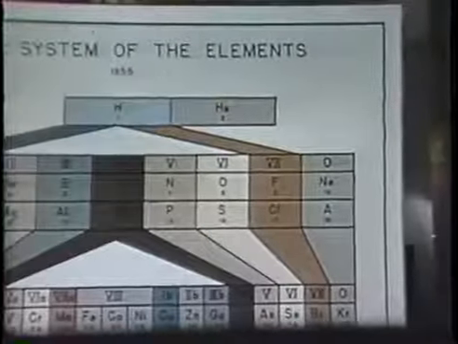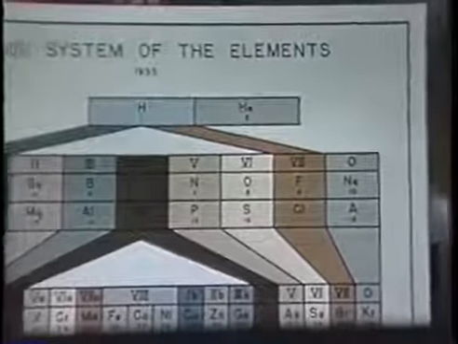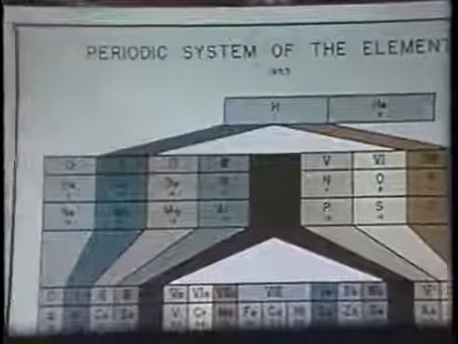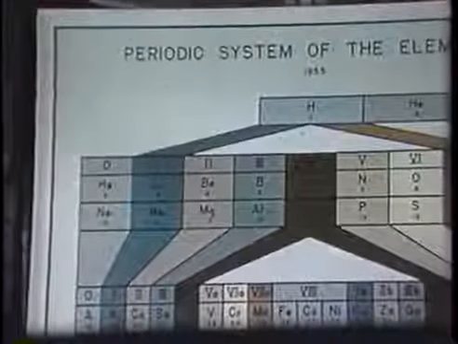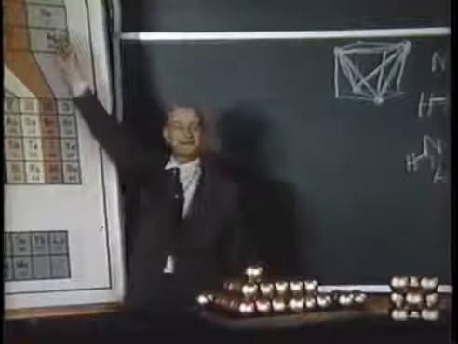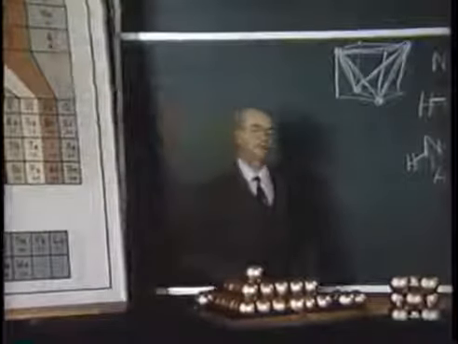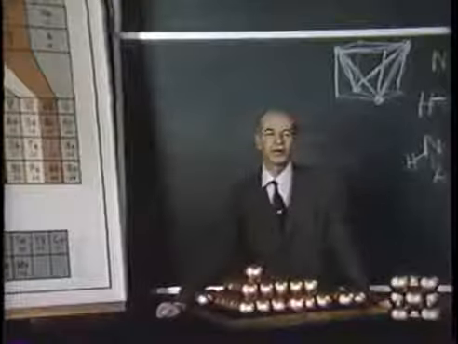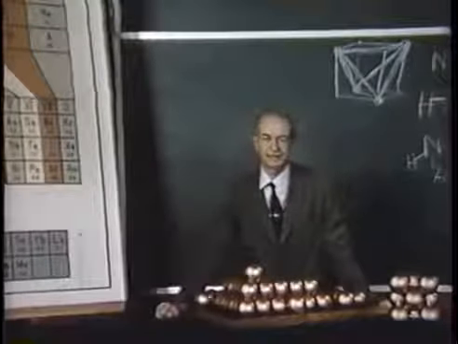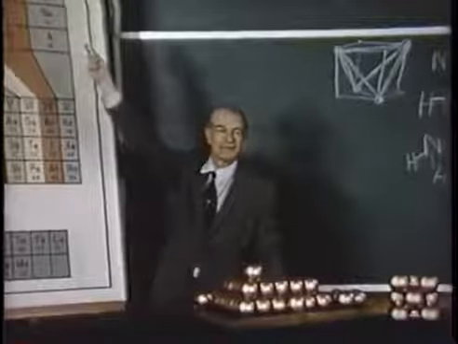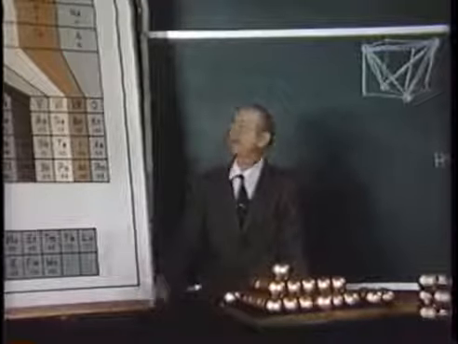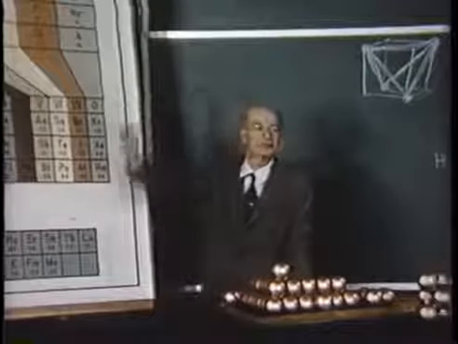Helium has 2 electrons outside of a nucleus with charge +2. Lithium has 3 electrons outside of a nucleus with charge +3, and so on. Neon here has 10 electrons surrounding a nucleus with charge +10. Now, the electronic structures characteristic of 2 electrons as in helium, 10 electrons as in neon, are especially stable. This is the reason that helium and neon do not form chemical compounds of the ordinary sort in the way that hydrogen, lithium, and other elements form chemical compounds.